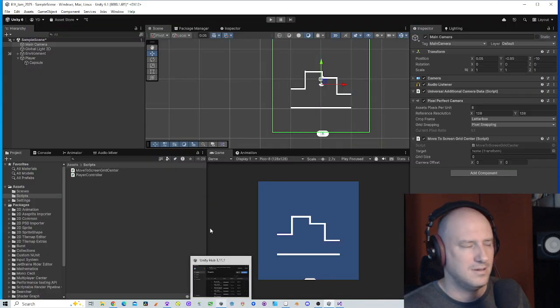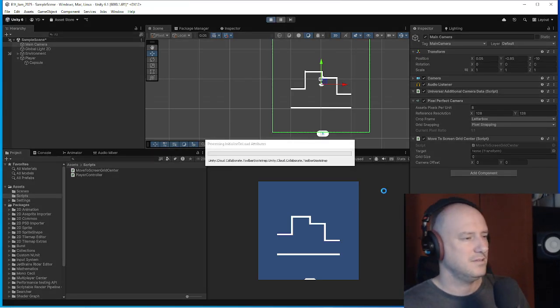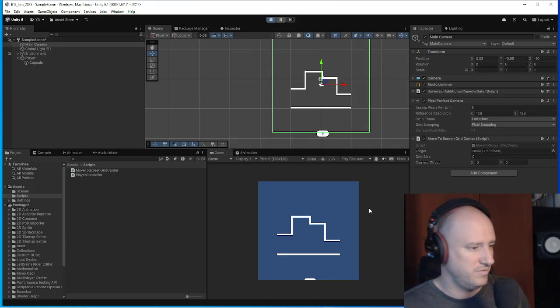How far are we in? Hour and 40 minutes almost into the jam. I feel like I should have moved my swimmer up, but